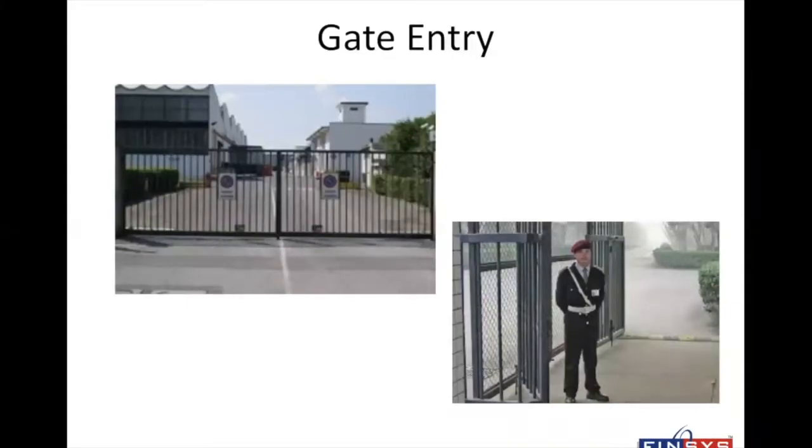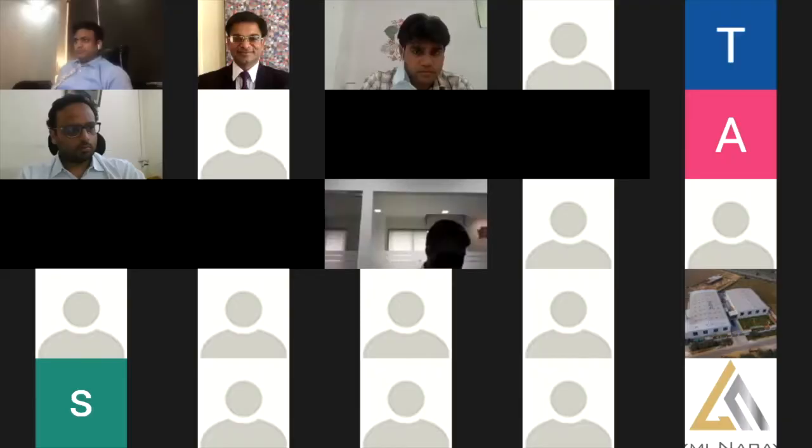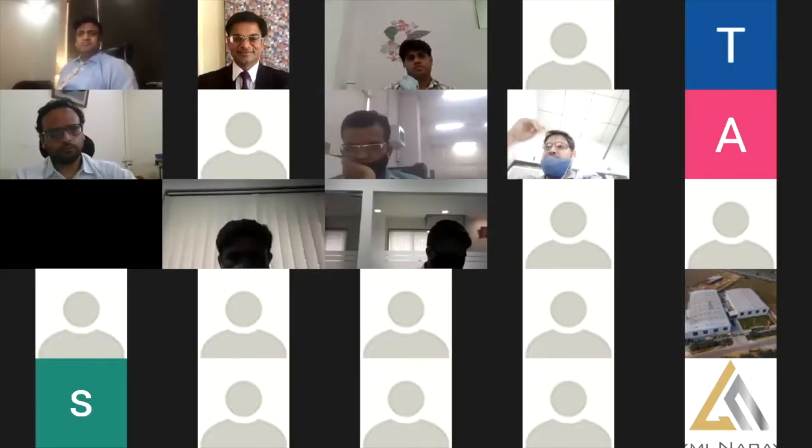At the gate entry, again, if you are not using the gate entry at the gate, you are making a mistake. My dear friends, in many companies, we have realized that people don't have a computer on the main gate. It's a mistake. Because what happens is the truck comes, puts the material, takes a stamp and goes away. So whether or not there was a valid purchase order, the material has come in. Your gate has already given a receiving. Not allowed, not a good thing.